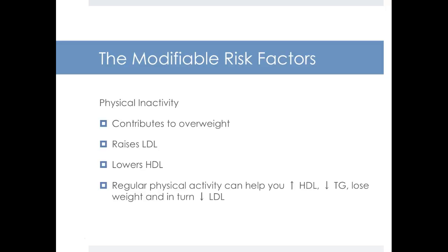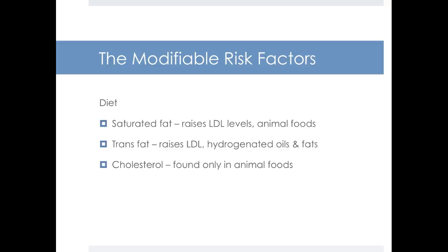Okay, and we'll talk about what a drink is a little bit later, but it's not a reason to take up drinking. If you don't already drink, don't start adding alcohol because you're really only going to see a very few points increase in your HDL. There's not a whole lot you can do to raise HDL, but there is a lot from a dietary standpoint you can do to lower LDL, and that's what we're going to focus on. From diet, okay, the